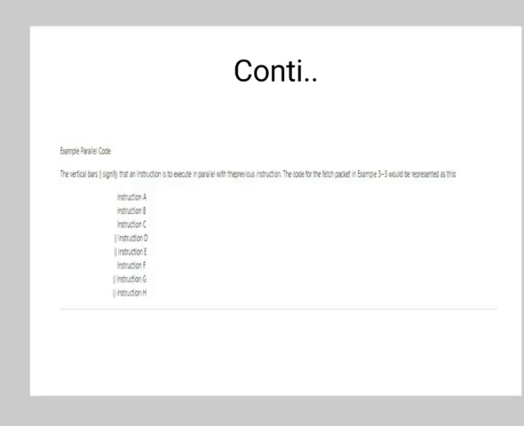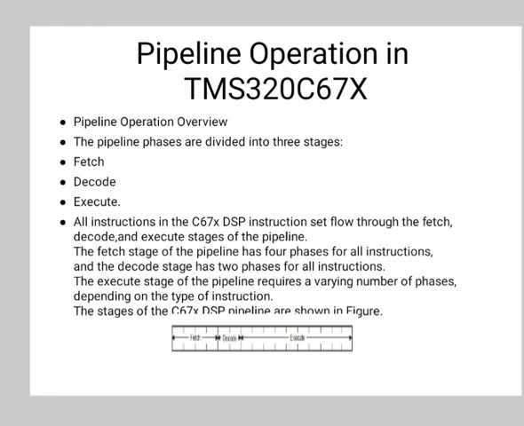Then there is an example parallel code. So the vertical bar, that is two lines, signifies that an instruction is to execute in parallel with a previous instruction. So the code for the fetch packet is represented as instruction A, B, instruction C, two vertical bars, instruction D, vertical bar, instruction E, then instruction F, again two vertical bars for the instructions G and H. Then branching into the middle